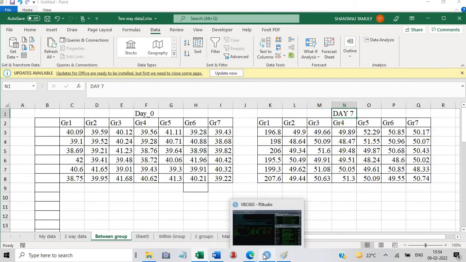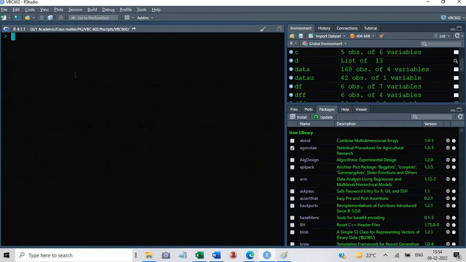Now I'll open the R script for between group variation.